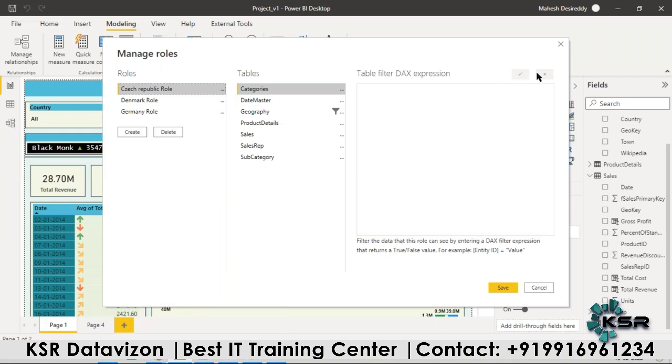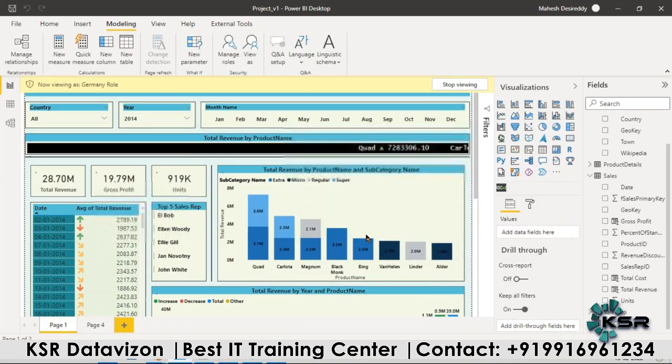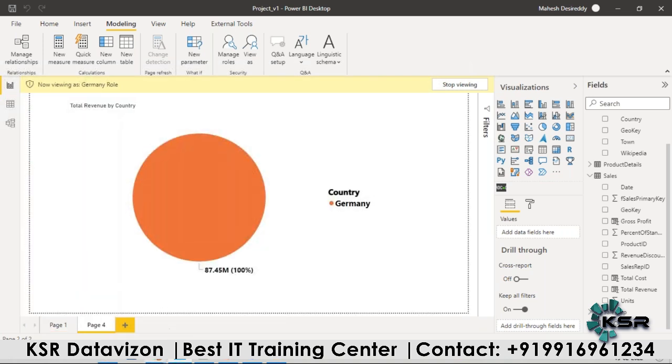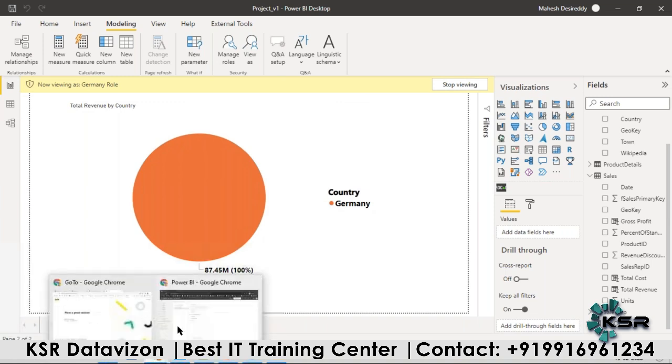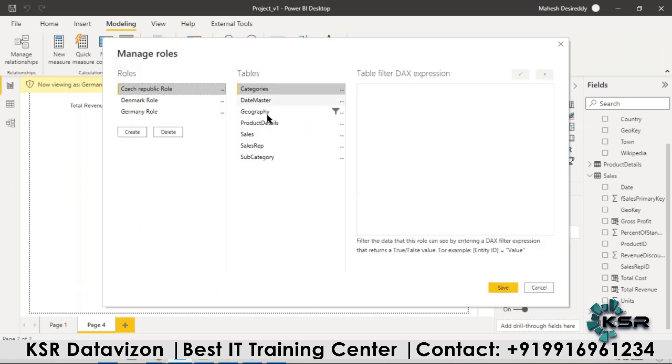How the Germany data looks, I've already shown you. View as Germany, how it looks. This entire report is restricted to only Germany. This is the only data these people will be able to see. Now, the problem with this type of RLS is you have to go and add filters just like I've added here. This is going to be a hectic task, because what if I have 20 countries? What if I have 40 countries? I can't keep on giving